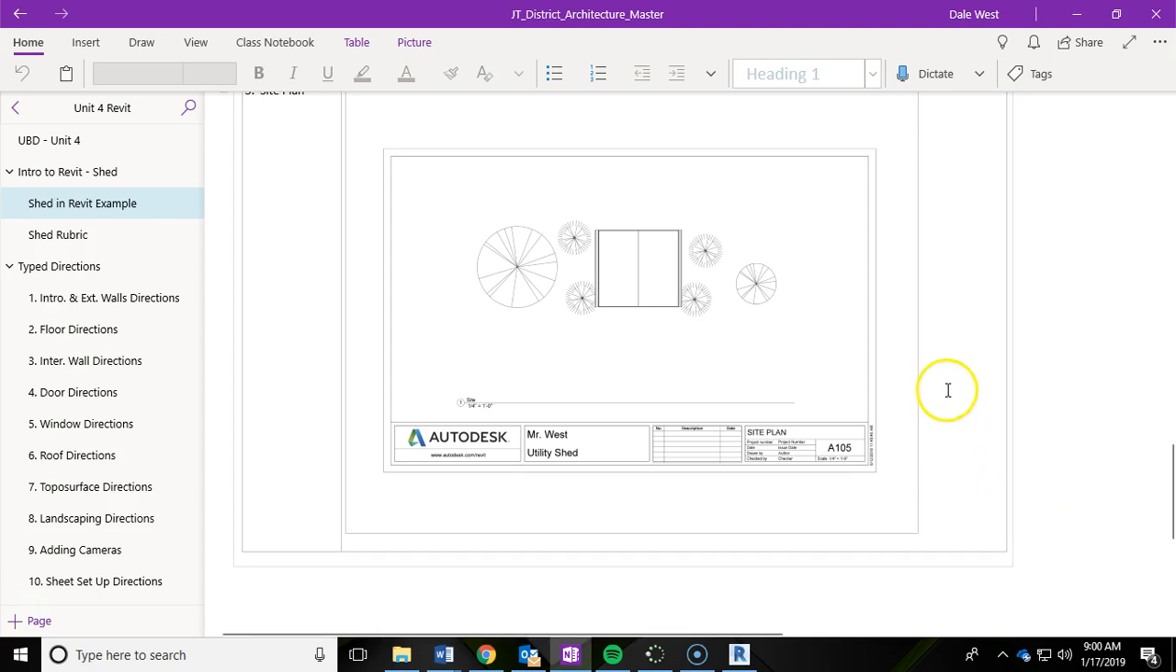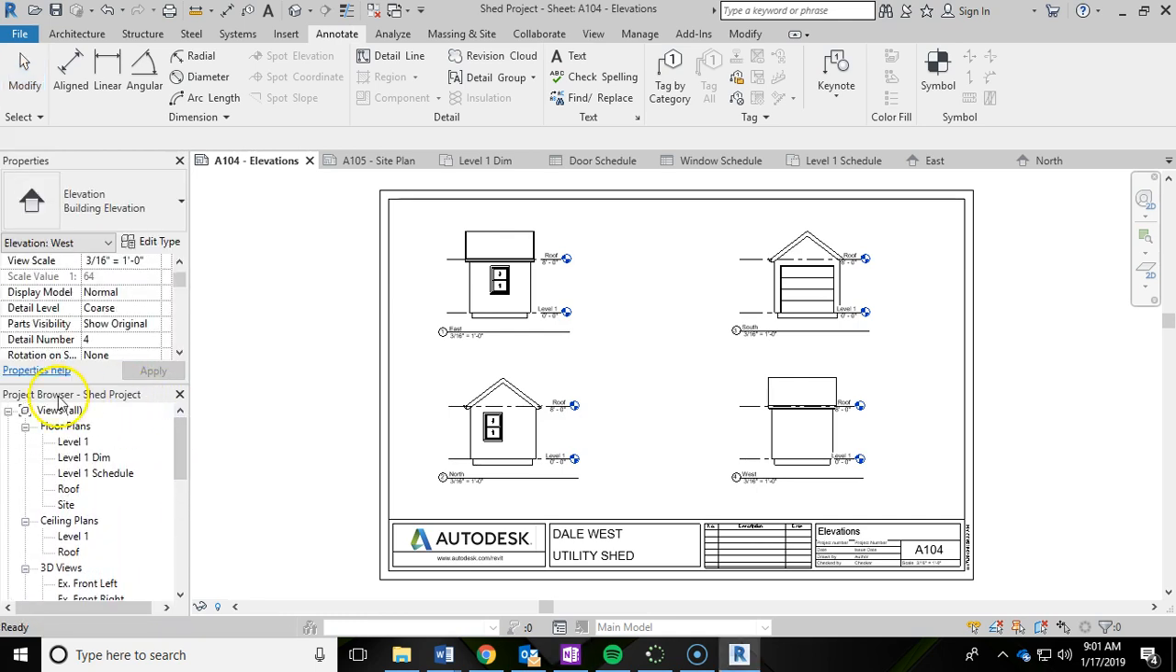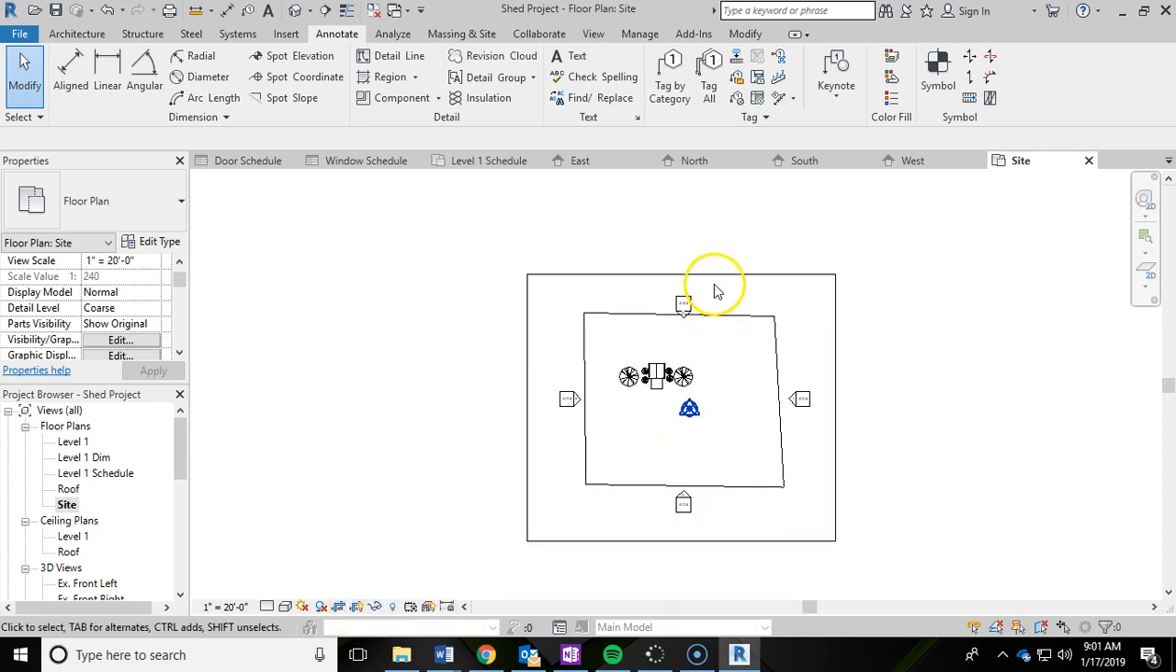In this video, we're going to create a basic site plan in the sheets for our utility shed in Autodesk Revit. And the first thing we're going to want to do is adjust our crop region of the site plan. So I'm going to scroll up in the project browser, click on Site. I'm going to turn on the Show Crop Region, zoom out, and then I'm going to go ahead and drag